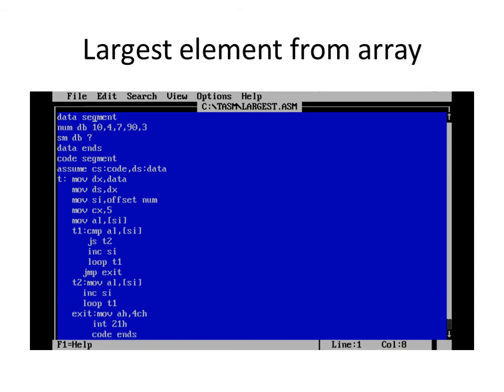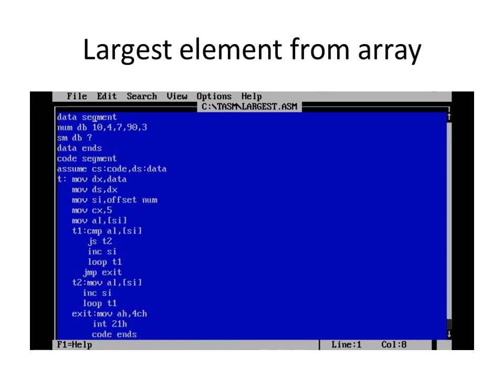If the content in the AL register is smaller than the content stored at SI, then the carry flag will be set, and then we have to transfer, because we are assuming the AL register holds the largest element. So we always try to keep the larger element in AL, so no carry flag and no sign flag will be set.